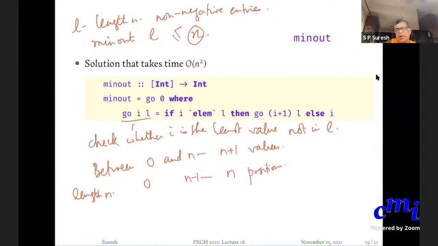If I distribute n plus 1 values into n positions, then something has to be missing. This is a version of the pigeonhole principle. Everybody should be clear about that. And I know that one value can go in exactly one position. So therefore, something has to be missing. Is it clear to everybody why this program works and why this takes order n squared?